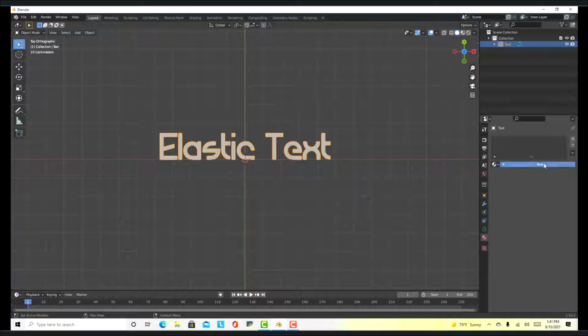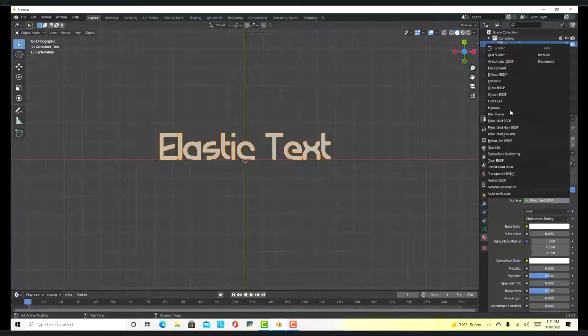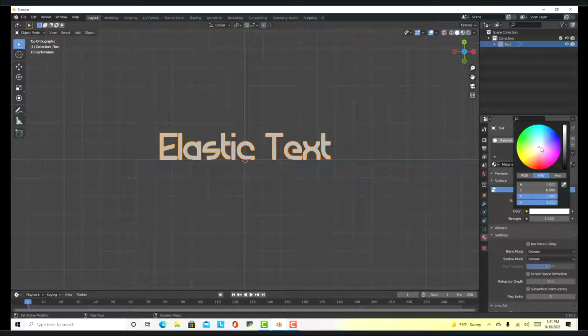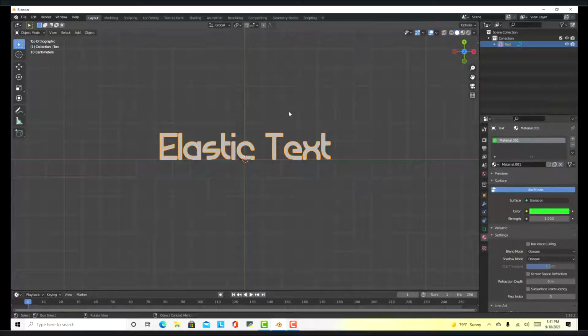I want to add a material, and for this I'm going to use emission because I'd rather get my light from the text than to have a light that's potentially going to put some shadows I don't want to have to deal with. So I'm going to use green. Green's my favorite color. So good. Now what we're going to do at this point, now that we have got our material on here,